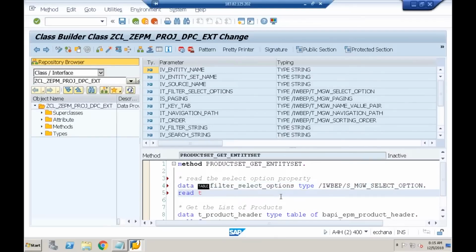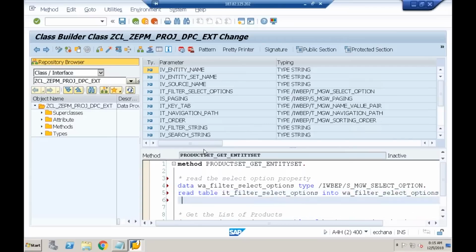I'll say read table. What is the parameter which is going to carry the select option information? IT_filter_select_options into what is the work area declared? W_filter_select_options. Okay, into so and so. Okay, done. With the key,